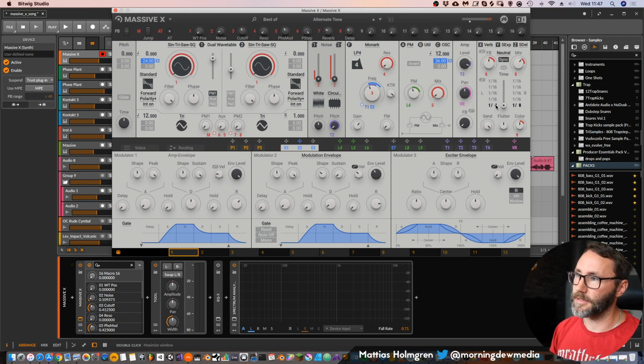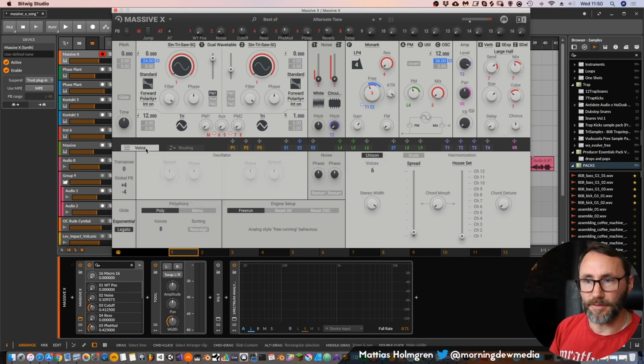The good thing here about the delays is that you can set different delay times at these slots, and then you can have this parameter modulate between these different delay times. So that's a quite nice new feature. And you have different delay types like natural, warm and hot. Okay, and down below here we have the voices tab, and here we can control the unison spread, and the amount of voices for the unison.